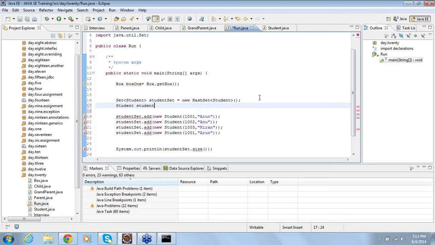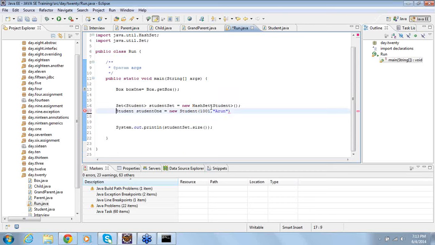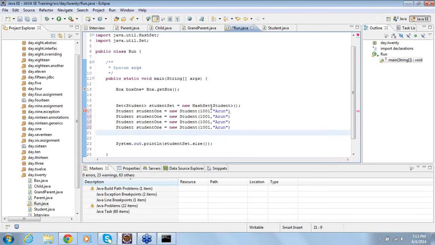So let me do this one here. Student 1, student 2, student 3, student 4, with IDs 1001, 1002, 1003, 1004. No, 1003 and 1001 is Arun again.